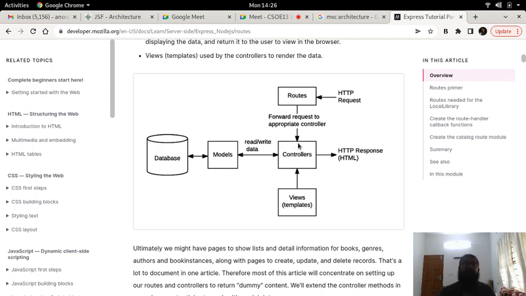The controller now creates objects, runs logic, manipulates the data, gets the updates, does all the things, and the models could in turn talk to the database. So the controller is here, which got the request from the route.